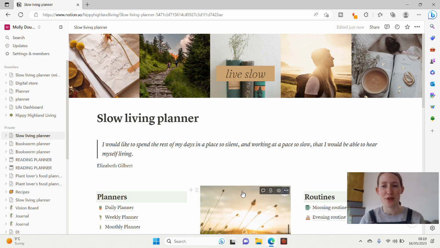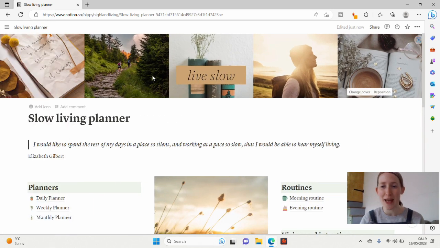So this is what my Notion essentially looks like. You have this sidebar, which stores all the pages. I've got quite a lot of stuff in here because I create my own templates. But you can just get rid of that by pushing that in there. It makes it easier to see everything. I've split this planner up into different sections. This is essentially the dashboard, your home page. This is where you'll find everything.